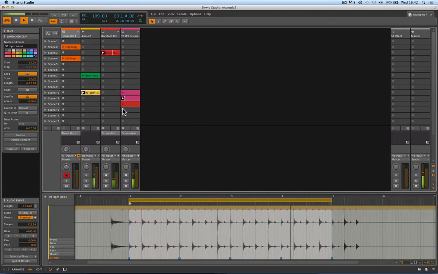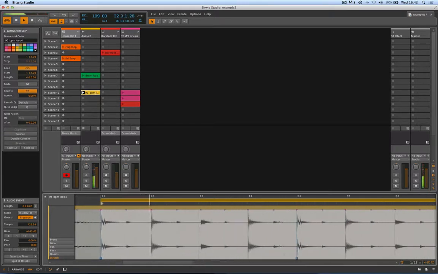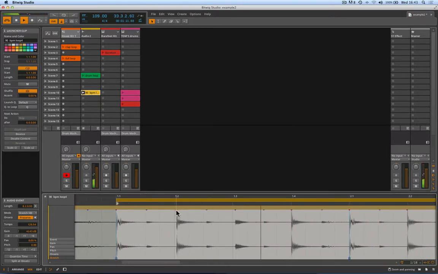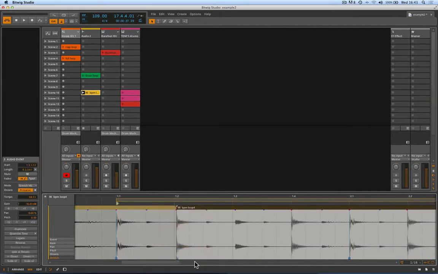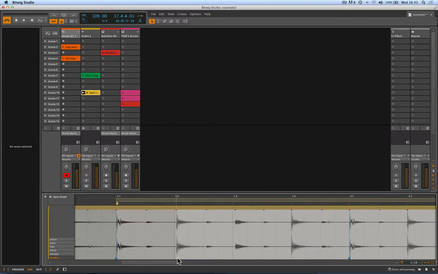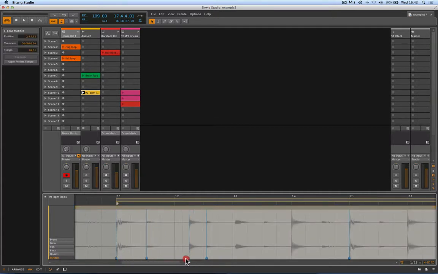And when you consider how out of time that was, that's pretty amazing. Silence at the beginning, silence at the end. And we can go in and we can tweak that to our heart's content. So there's a snare drum there that's ever so slightly late. Now what we can do is just double click either side of that, and we can just move that snare drum